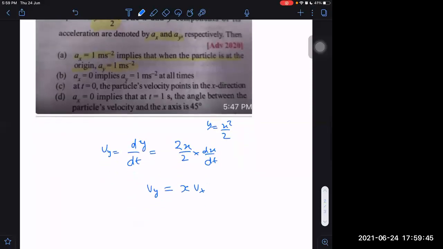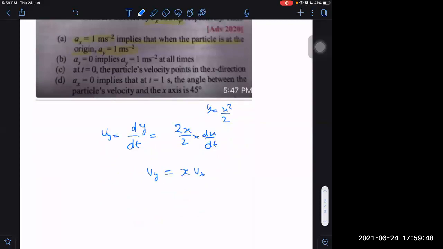For the second equation, I can write the double derivative. If I do differentiation once again, then I will be getting y double dot, ay, equal to ax into x plus vx into vx, since the derivative of x is again vx. I'm doing it like this, x into vx, using the uv form, plus vx into x dot. This is vy dot, and vy dot is ay.